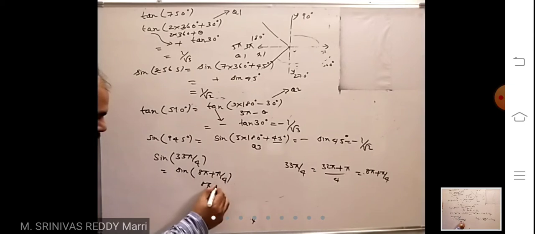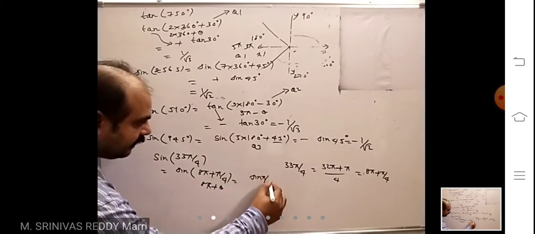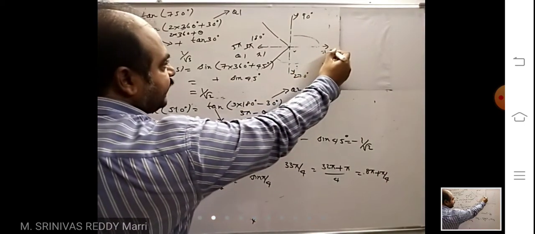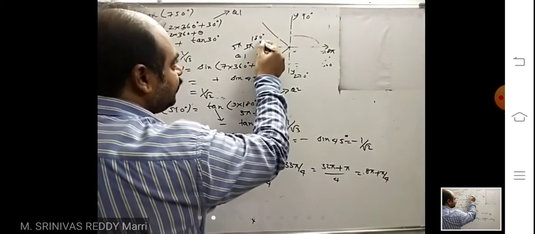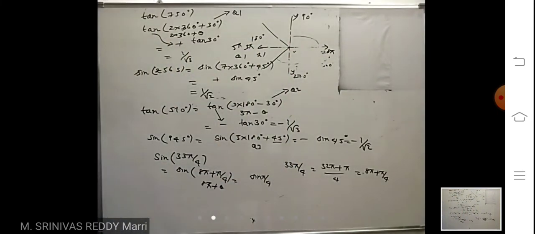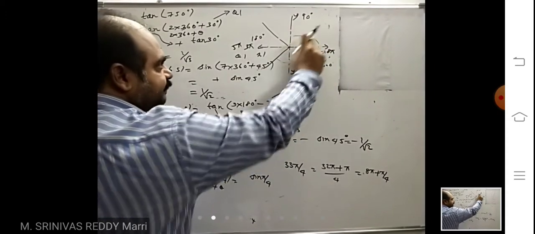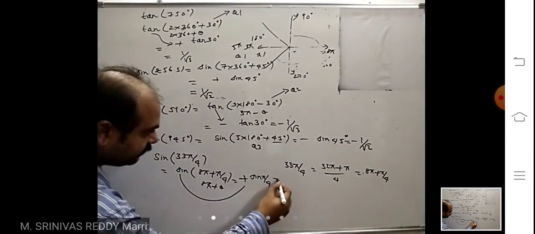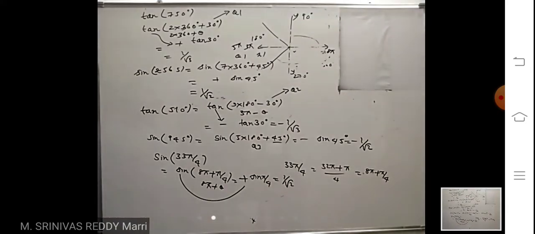This is of the form 8 pi plus theta. You immediately write sine theta, sine pi by 4. Now 8 pi plus theta is in which quadrant? 8 pi means this end. Even multiple of pi means this end, odd multiple of pi means the other end. So after completing 4 rotations, 8 pi will come here. 8 pi plus means first quadrant. In first quadrant sine is positive. So this is 1 by root 2. Like that, by using common sense you can write.